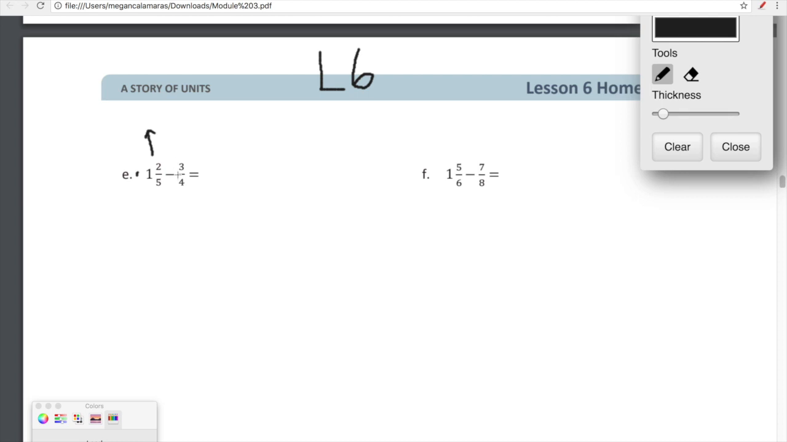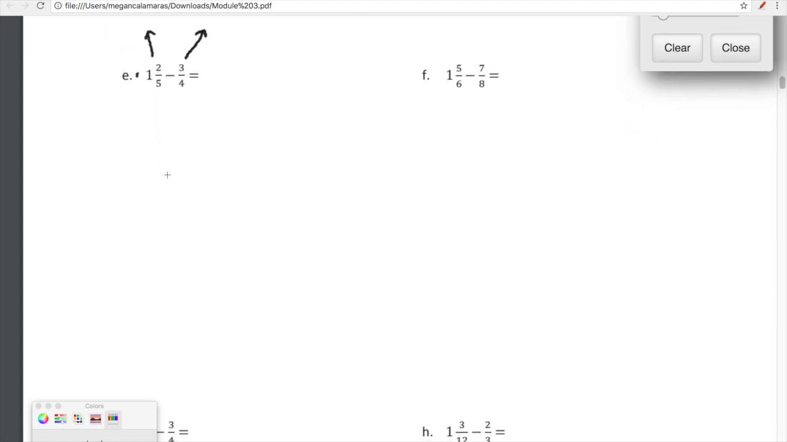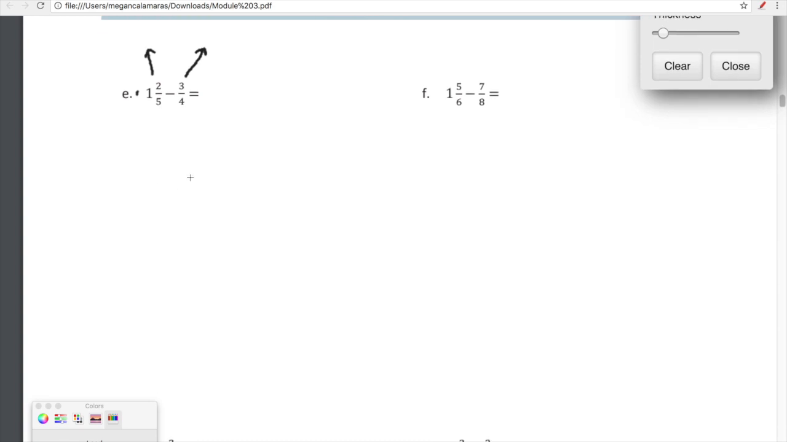And what we're going to be doing, instead of modeling these separately, we're actually going to lay this model on top of this model. Because in subtraction, this is actually the more logical way to do this, because in subtraction, we're not adding 3/4, we're taking away 3/4. So we're actually going to be modeling, showing, proving on top of the 1 2/5 that we're removing 3/4. So let's look at this. 1 2/5